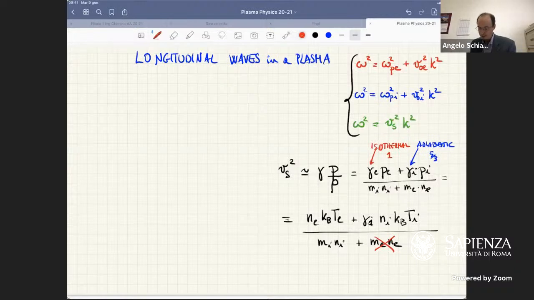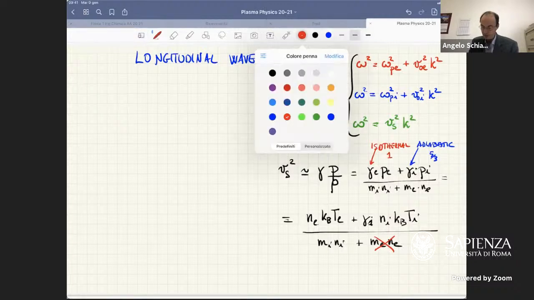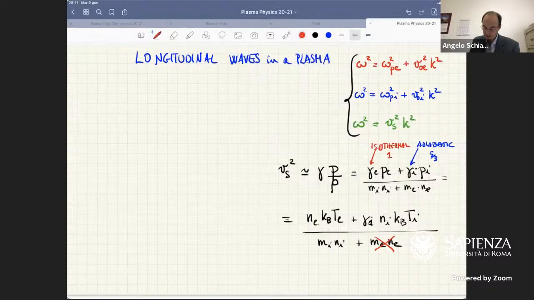And we can express here the density of the electrons as Z times the density of the ions. So you see that we can simplify here, factor 3 pieces, and what we end up with is